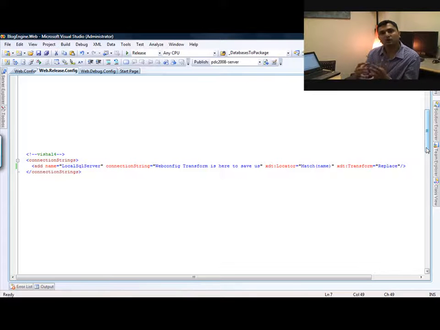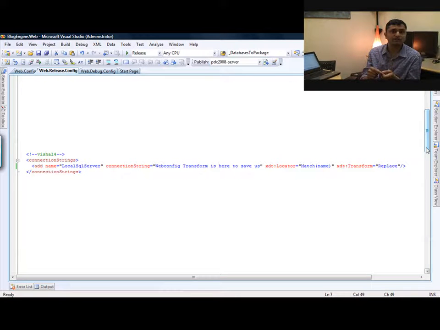So when you do authorization kind of scenarios where you need to insert it at the right location, not above or below a node, you would use a transform like insert before or insert after, right? We then also have got a transform which will do remove. So if you want to remove a complete node, you could do that too, right? And as far as the locators are concerned, I talked about match, which will match on an attribute name, right? Apart from that, we also have got